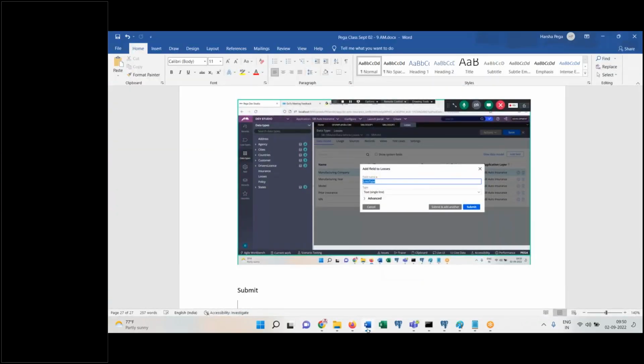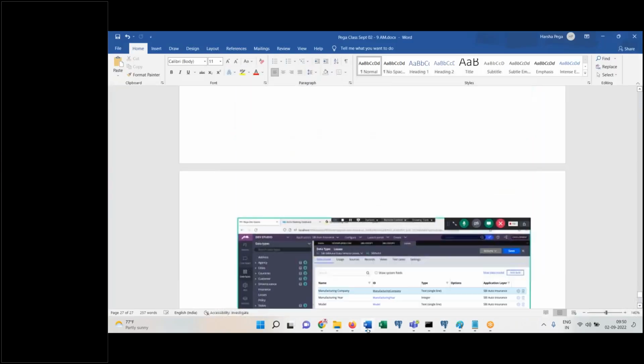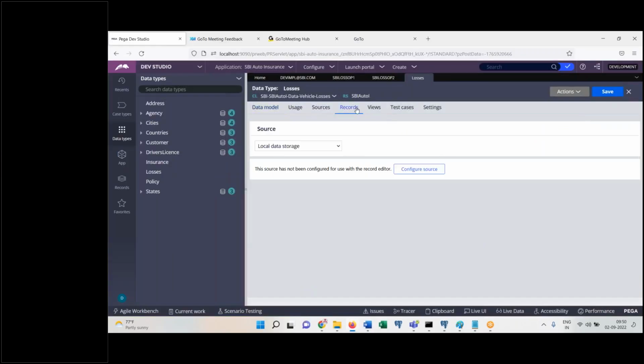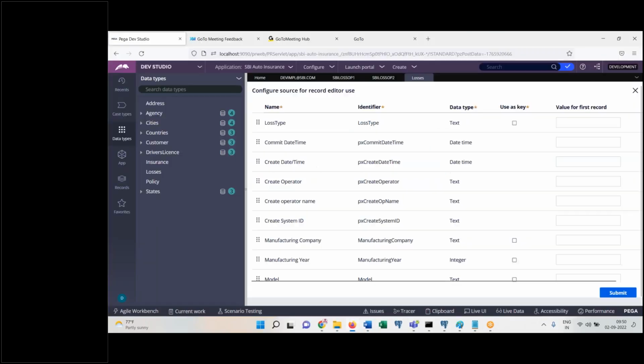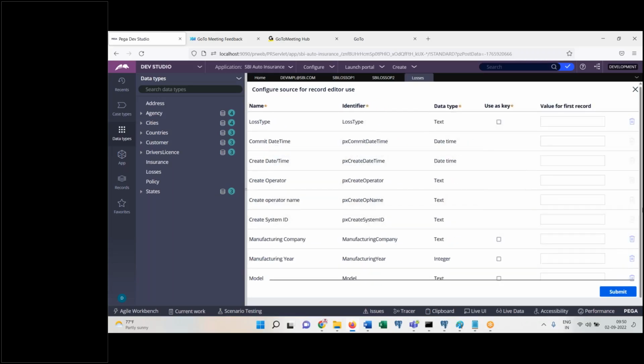We will take more columns later. Okay, first we'll design it in a proper way. And record stat, configure source. You are aware of all these things. For this one, I don't need this model, make here, all this. Otherwise I can make it part of the vehicle class only. It is not required to create a new one, because vehicle losses also, that is vehicle ID, right? Okay, for one vehicle